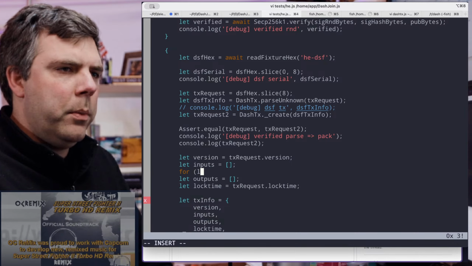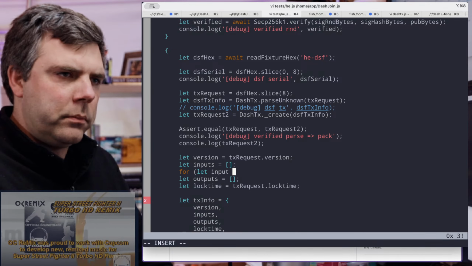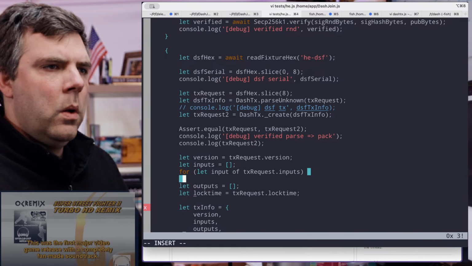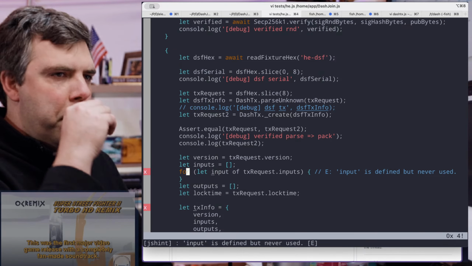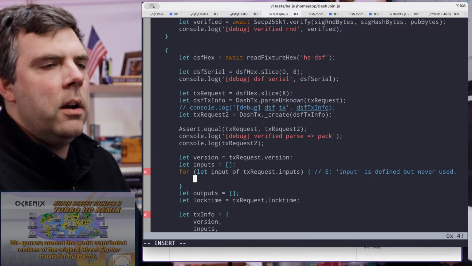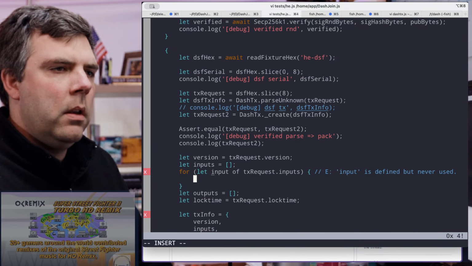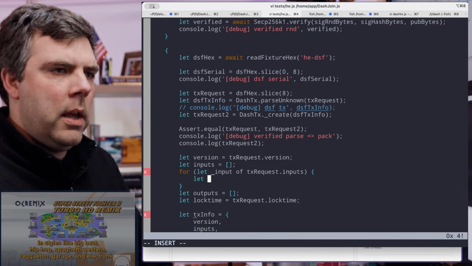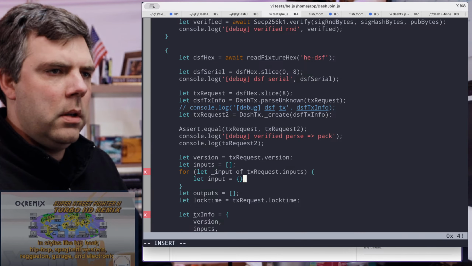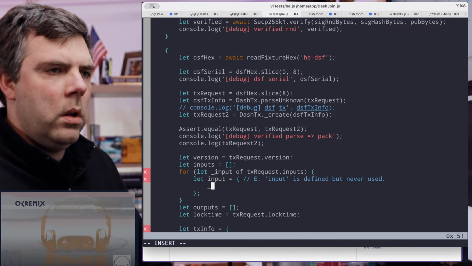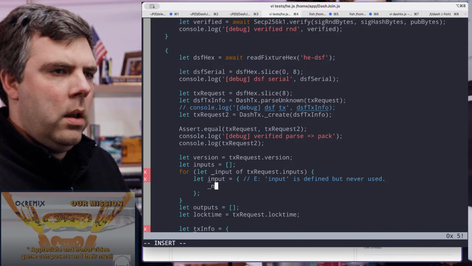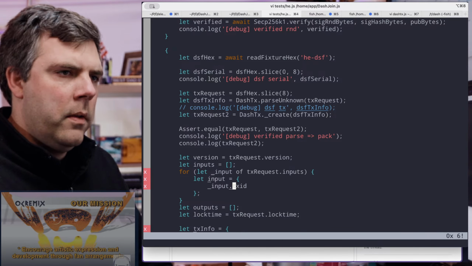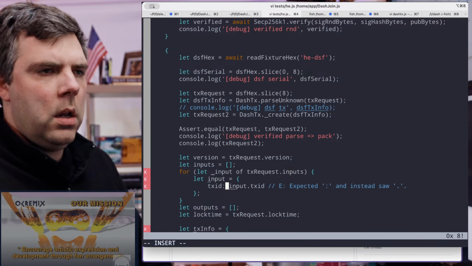But then for the inputs, we're going to do for let input of tx request dot inputs. We're going to take the bare information here, which is going to be, do let input equals, and then input.txid, and we'll do txid